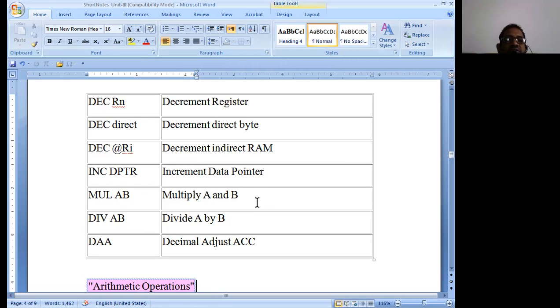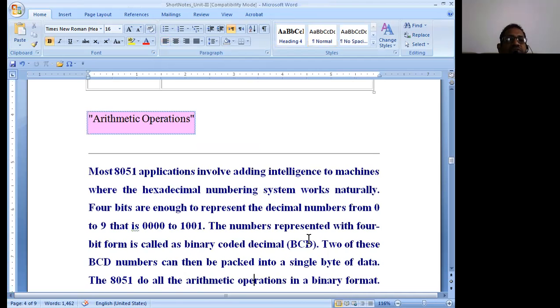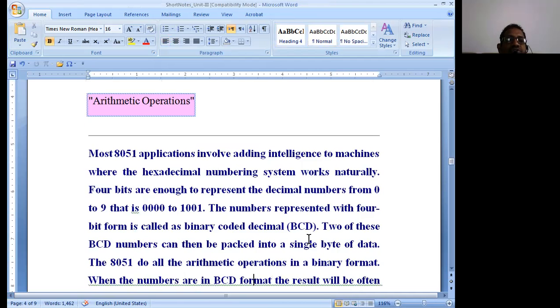In division, the remainder is stored in A and the quotient is stored in B. The next one is decimal adjust accumulator. The contents of the accumulator are adjusted to the decimal value after BCD addition. This is what we use the DA operation for.